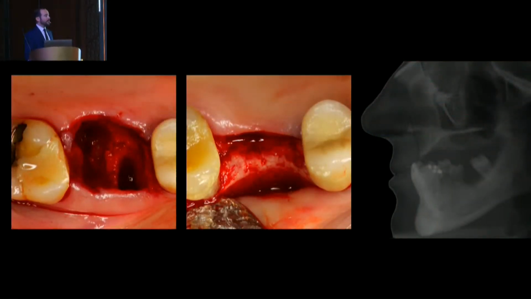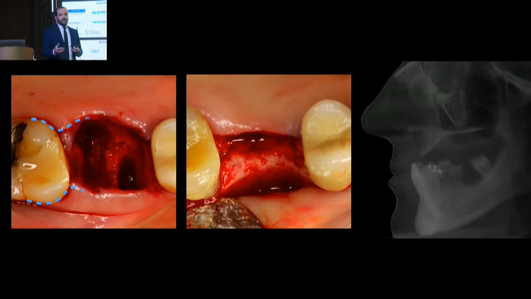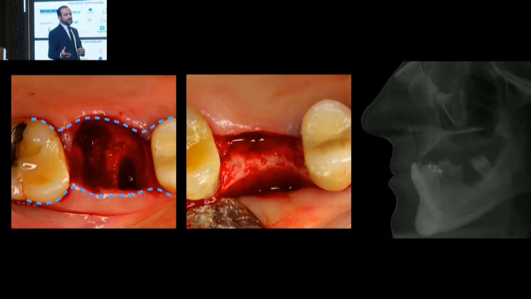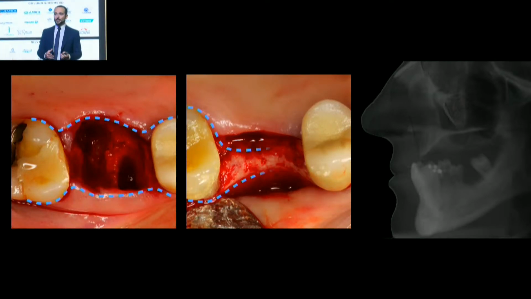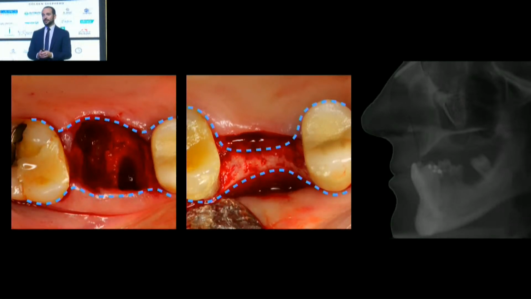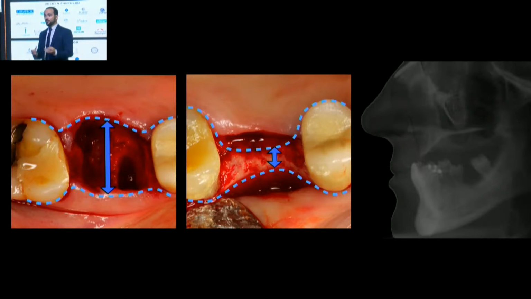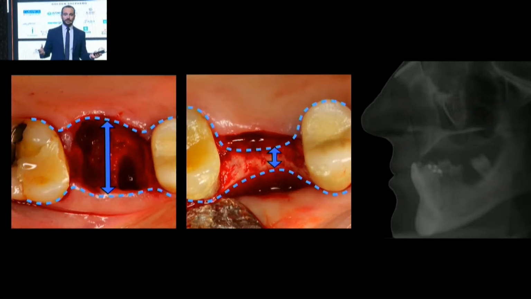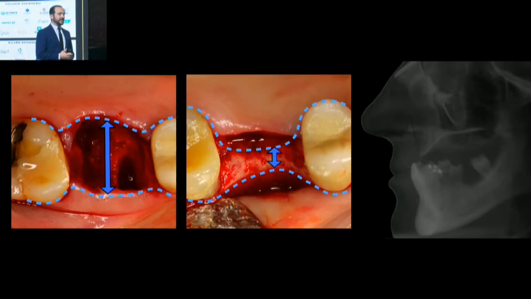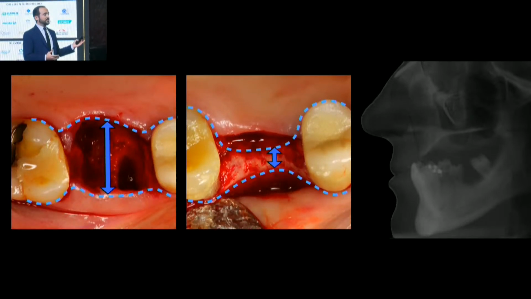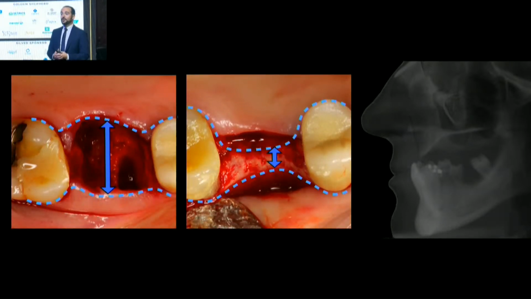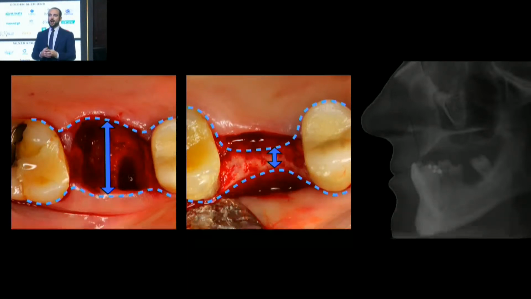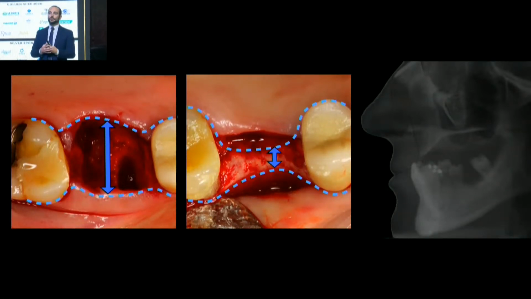But what we are going to be talking about today is what happens when we were not able to manage an alveolar socket properly, we did not have a chance to perform alveolar ridge preservation, or perhaps the patient is coming from a different practice, a different colleague, and then oftentimes we face this situation in which we have no other choice but to augment the bone. We need to regenerate that bone volume in order to place the implant in the ideal